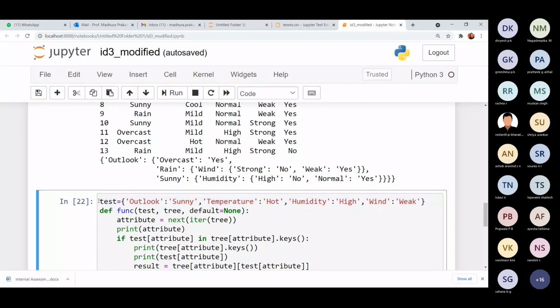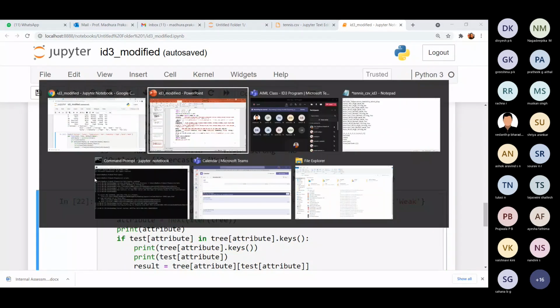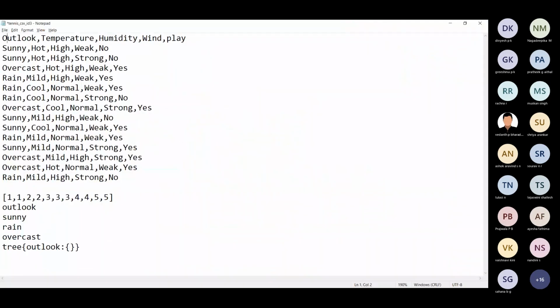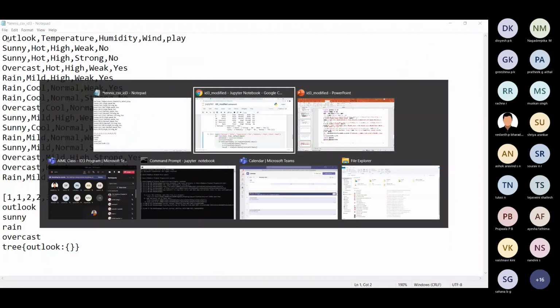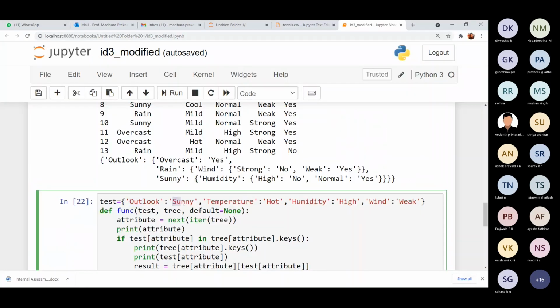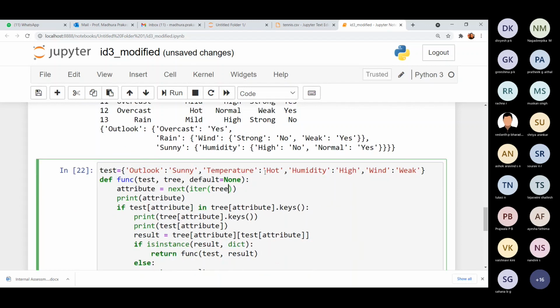We have directly taken a test instance and we have initialized this value. You've got to be careful. If you give Outlook here as O small and then you try to test on a different value there, it's not going to really work. So you've got to be sure that you're using the same attribute names and the same existing names. So if in your training data set you have Sunny as S small, then you're going to have a problem. It's always going to say that it does not exist. So whatever values you enter, you have to be careful with that.